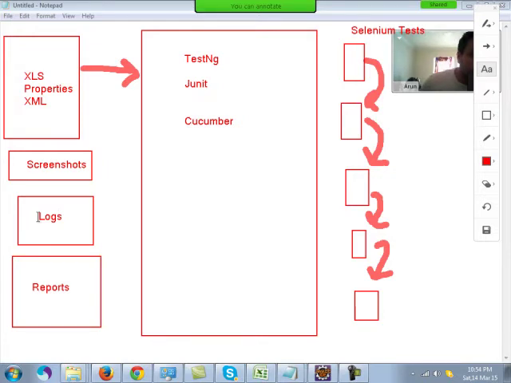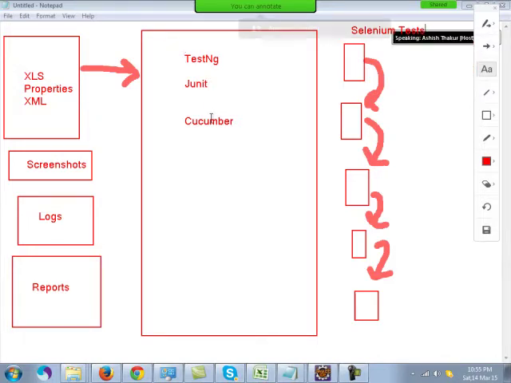And you need to generate screenshots of the errors. So for all these things you have a centralized controller. Sometimes you use a framework known as TestNG, sometimes you need JUnit, people also use Cucumber.